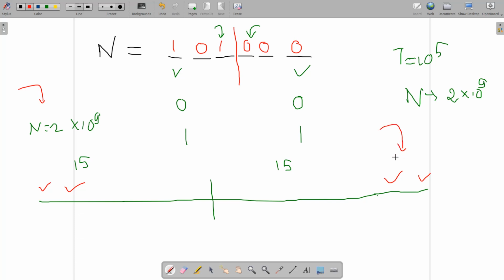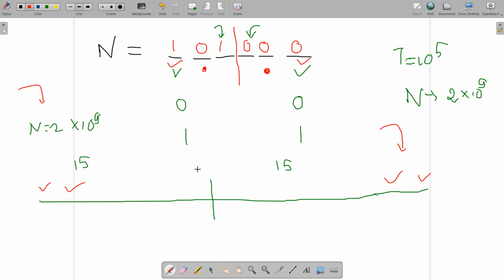Here you can see, here we will have 1 and here we will have 0. I want such types of characters, that is 1 0 or 0 1. This place and this place are already equal, I'm not talking about that. I'm talking about the worst case scenario. That is, if you pick the first position of the left half and the last position of the right half, they are not equal. Again, the ith position of the left half and the (n minus i plus 1)th position of the right half are not equal. I'm talking about such a case.